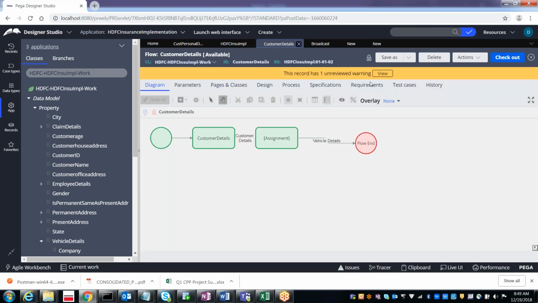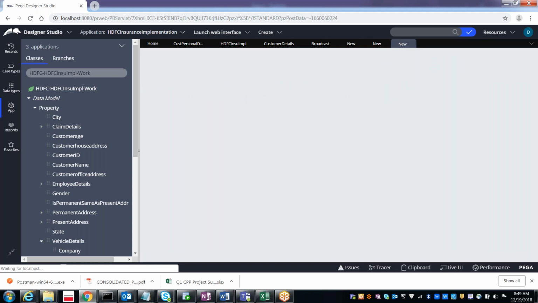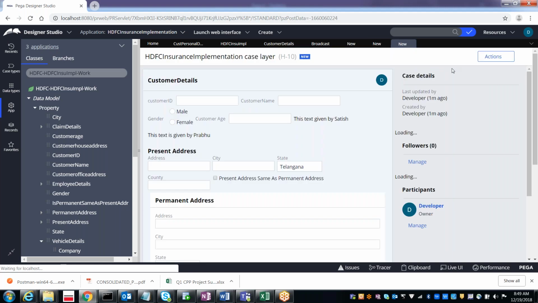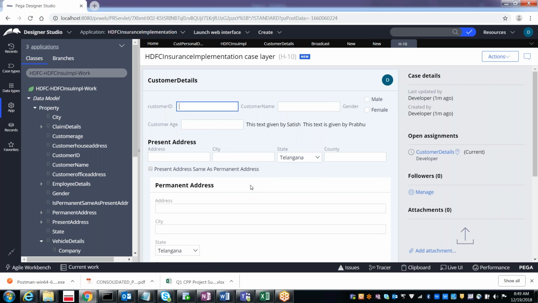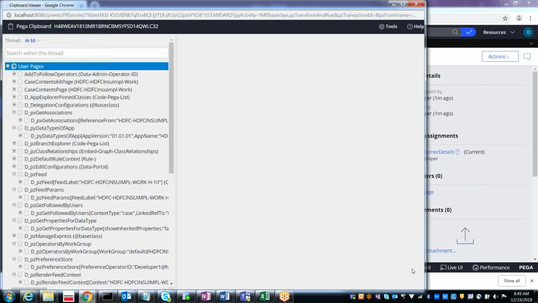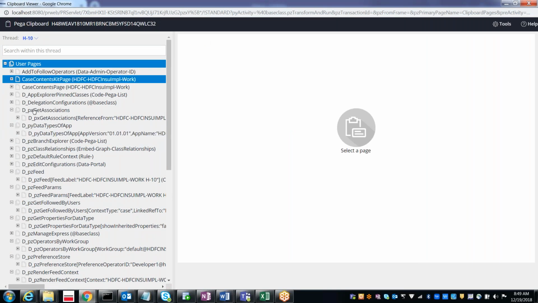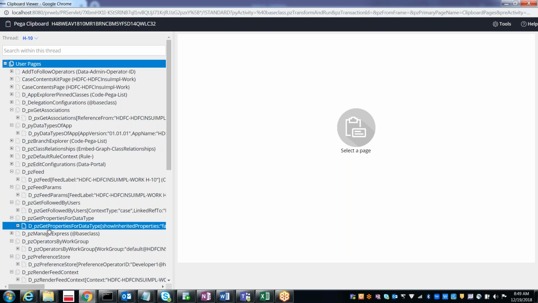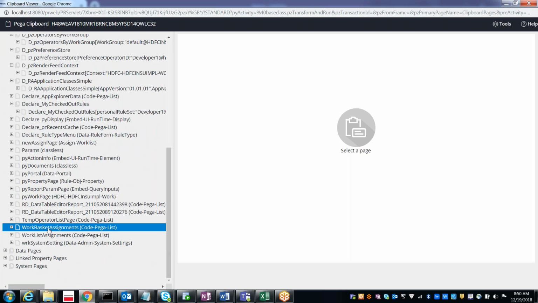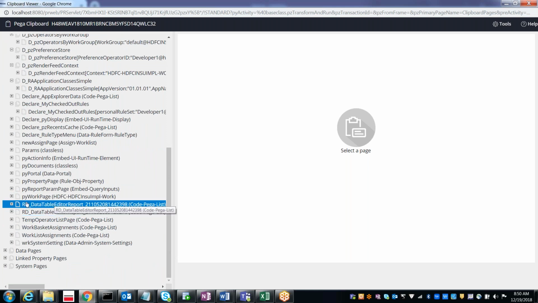let me take the latest one. Okay, actions run. So whenever you run the flow, whenever you create the work object, in this work object values and pages, everything we can see from the clipboard. Okay, so whenever you open it, now on which page will this information be there? There are pages, but which page is ours? PY workpage. Nice. So work object information will be under the PY work page.